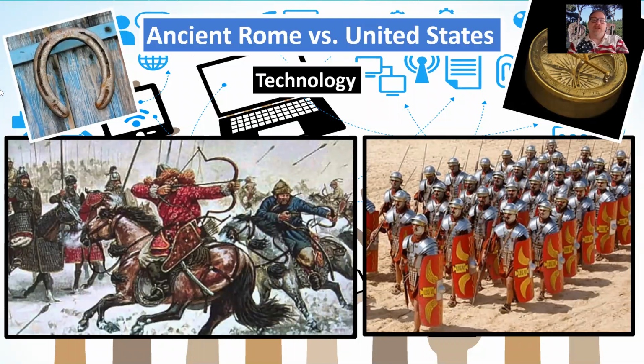And ancient Rome versus the United States, another one is technology. And I'm happy to say this is one where we are not actually falling behind like all the others that we've talked about. Ancient Rome stopped innovating. They had the biggest, baddest, best military on earth. They had the full iron professional army and navy. They had the best of the best of the best. And in about 250, they stopped investing in military technology.